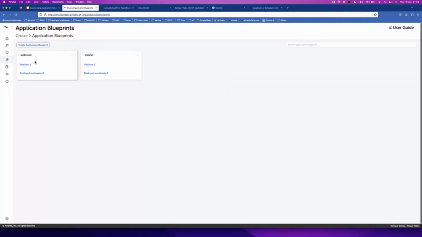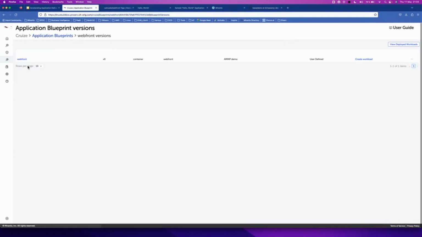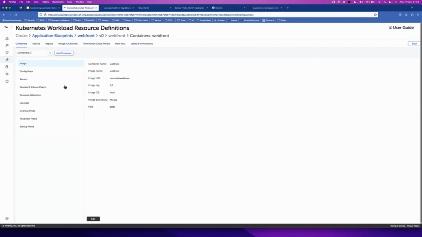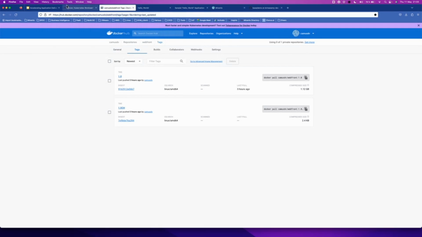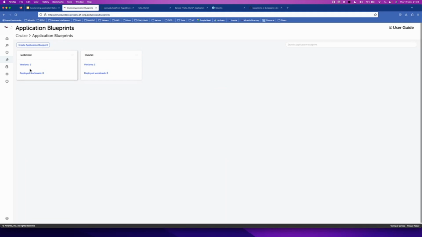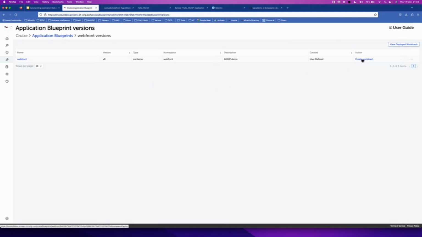So again, for the sake of time, I've already done that for Webfront. This is the version that I'm using. This is the deployment that I have defined, right? So I have a Tomcat application with the 1.0 tag. This is that image actually, and it will listen on 8080, right? So I define all these applications, and once this is done, then I can basically